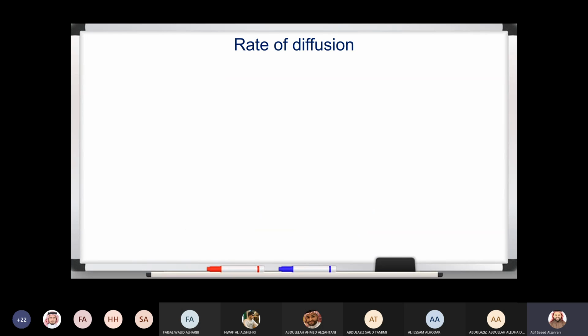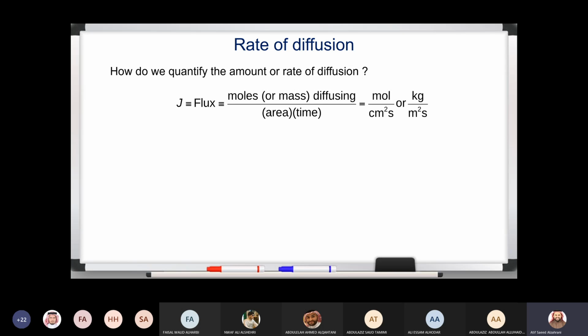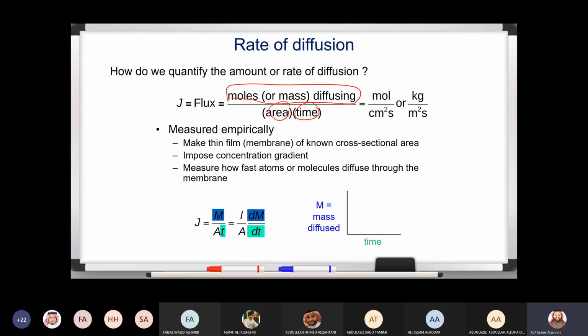So we can quantify it by the rate of diffusion. Basically, how do we quantify the rate of diffusion? By something called the diffusion flux, J, which is basically the mass of diffusing species divided by the area divided by the time, meaning that we can do an experiment here. If we have a membrane with a known cross-sectional area, and we expose the membrane to some concentration, or some mass, or moles, and then we quantify how much